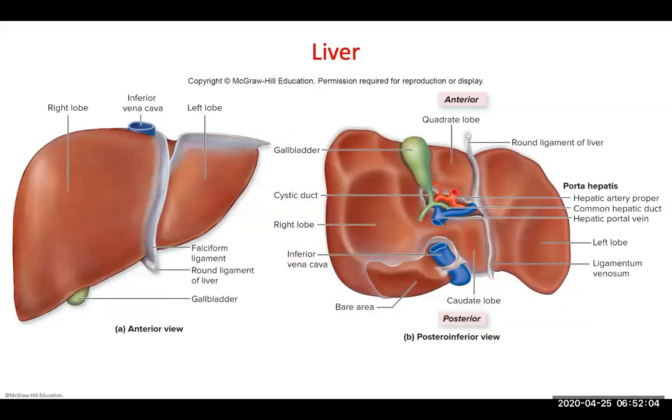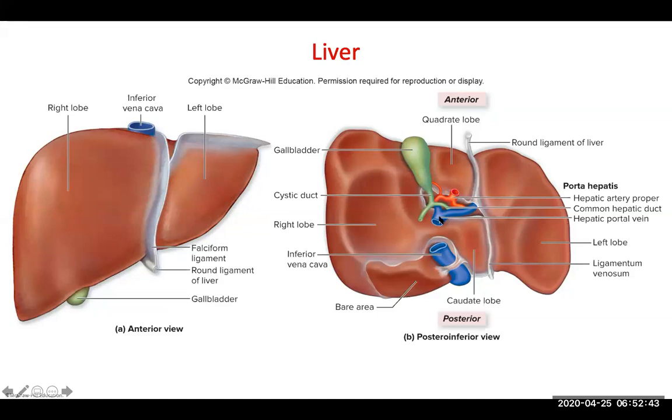Then moving on to the liver. The liver is a very important part of your digestive system because it sifts through and takes out all the bad things that you could have eaten. So all the toxins from drugs, alcohol, anything else, your liver filters through and detoxifies your blood. So you'll have the big inferior vena cava attached to the liver, bringing blood back to the heart from the liver that's been filtered. And you'll also have a hepatic portal vein and hepatic artery